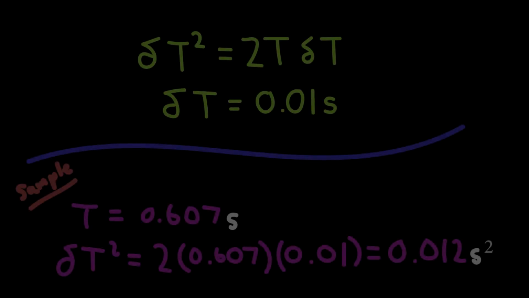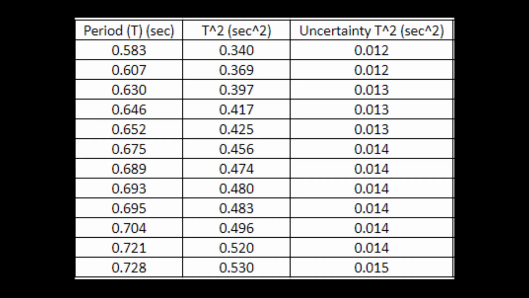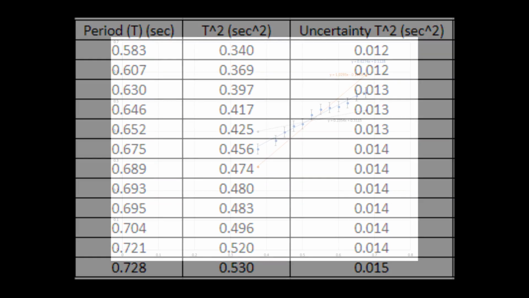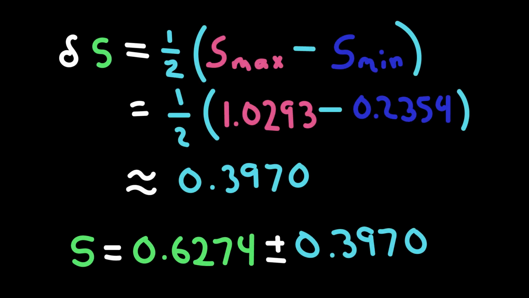The T squared calculation compounded the uncertainty from our stopwatch measurements. We can account for this with the following equation. The uncertainty of T squared equals 2T times the uncertainty of T. Our uncertainty of T is known to be 0.01 seconds. We plotted T squared over m and discovered a linear relationship consistent with our hypothesis. Using worst fit lines, we found the uncertainty in the slope to be 1/2 the maximum slope minus the minimum slope,